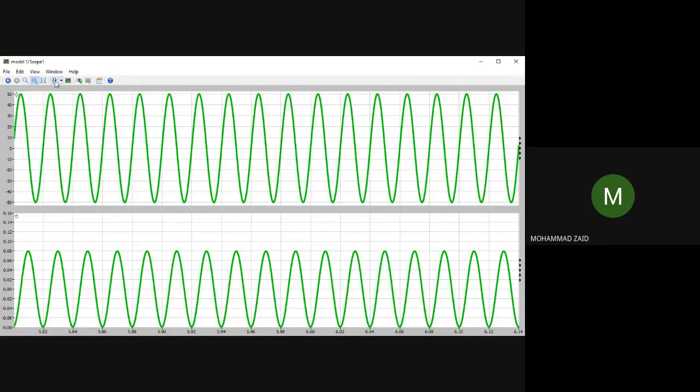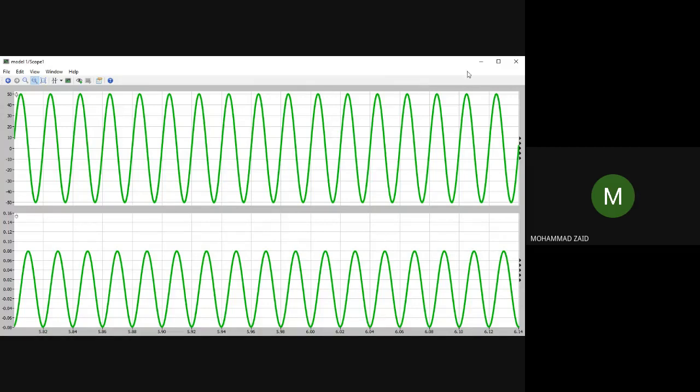If you have an excitation which is DC or AC, you will get a transient response depending upon the values of L and R, because in the formula L and R are coming, e to the power minus Rt by L. In the case of an RC circuit, R into C will be the time constant. In the case of an RL circuit, L by R will be the time constant. So the transient response depends on the values of L and R and the initial condition.